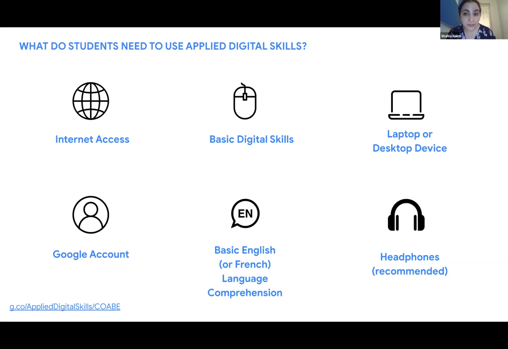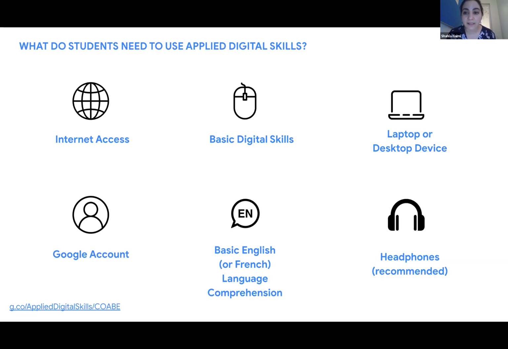To use Applied Digital Skills, there are some things that are necessary. That includes internet access, some basic digital skills, essentially the ability to navigate to the website. So some basic keyboarding skills, and the ability to navigate with a mouse or your mouse pad. It also requires some sort of device. Generally speaking, we recommend a laptop or a desktop device.